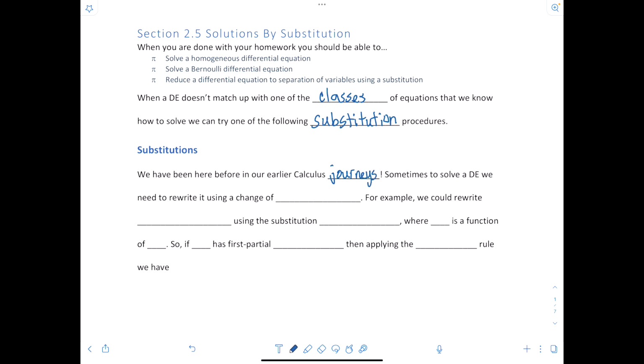Sometimes to solve a differential equation, we need to rewrite it using a change of variables. For example, we could rewrite dy/dx equal to f of x and y using the substitution y is equal to some g of x and u, where u is a function of x. So if g has first partial derivatives, then applying the chain rule,